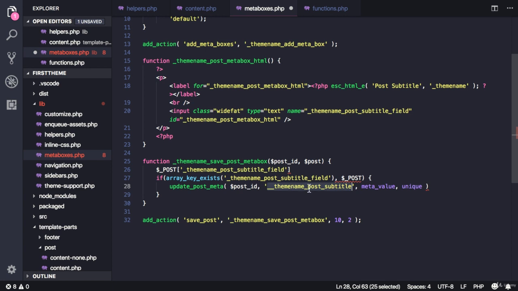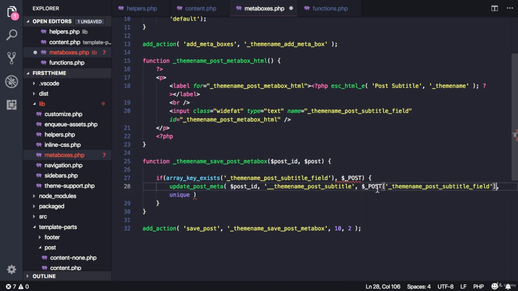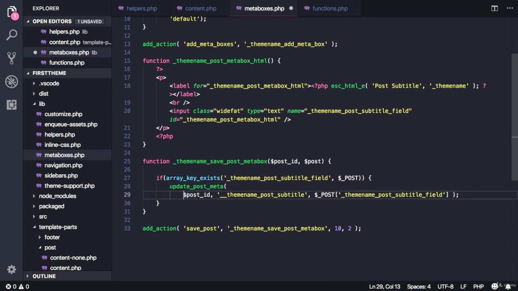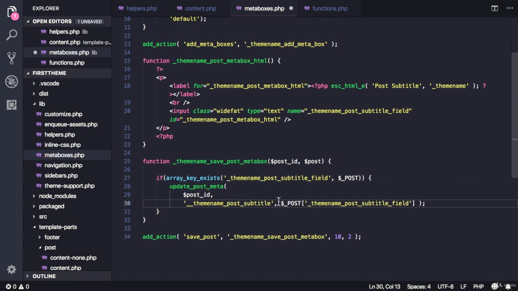So let's call it just theme_name_meta_subtitle, and the value will be this, whatever the user typed. And the fourth argument is only important if you have multiple meta values for the same meta key and you want to update a certain value of them. In our case, we will only have one meta value for every meta key, so it's not important. We're having a bracket missing, and let's clean this, add some lines,